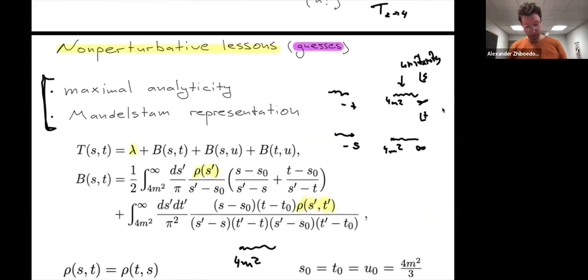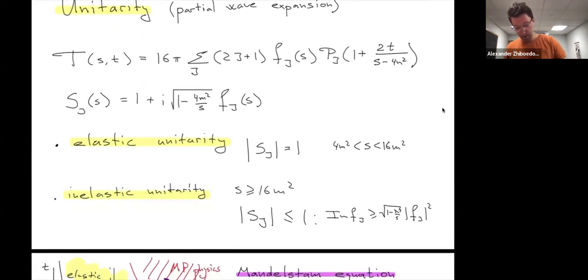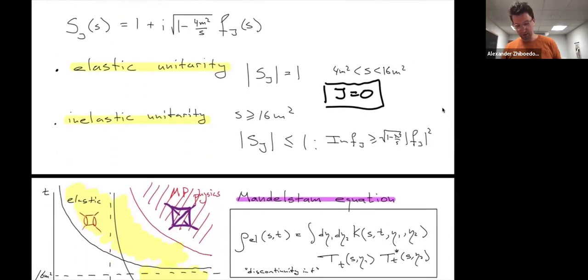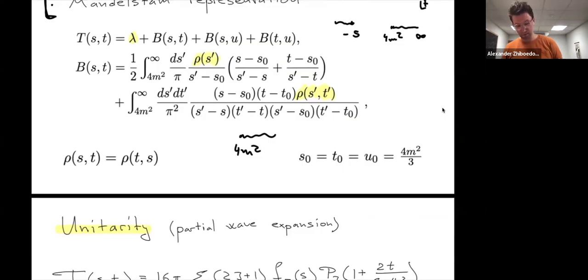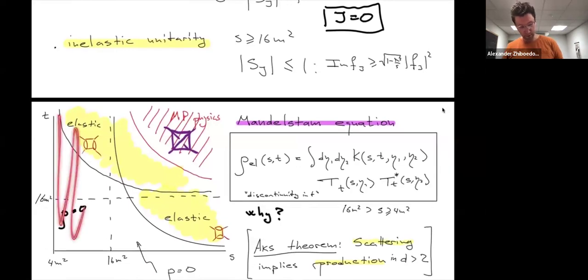But you're right. There is also this guy, and I'm sort of sweeping it under the rug, that this guy is also there, and it also satisfies elastic unitarity. And physically, what it does, it corresponds in this equation to dealing with J equals 0. So in principle, you should separately, let me not go into that, but you should separately treat the equation when J equals 0. And this will lead to an extra equation, which is not a Mandelstam equation, but just an equation for rho in this elastic strip. But it's important, yes, that here S is between 4 and 16, and T